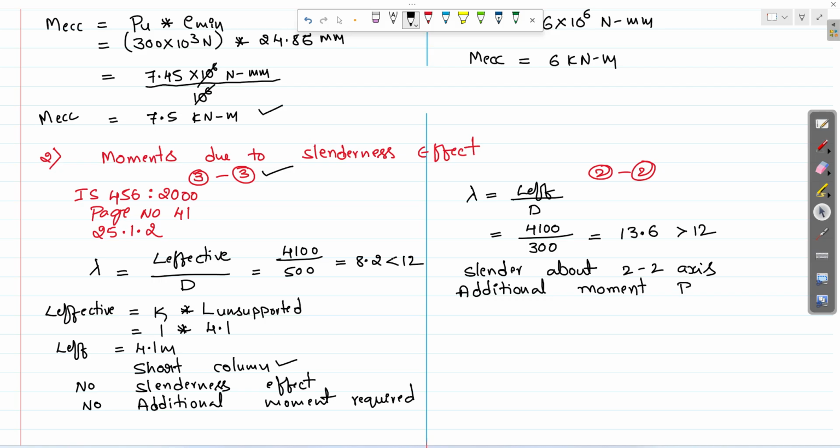Additional moment required. So we need to calculate the additional moment. So additional moment is calculated as MA22 equals PUD divided by 2000 into lambda square. So this formula